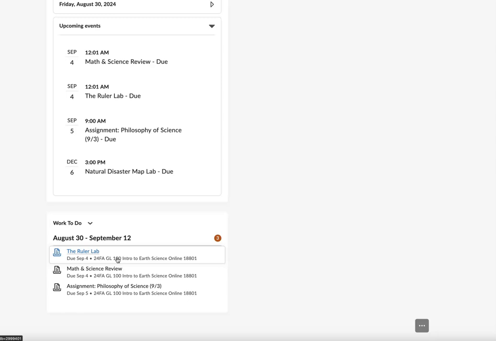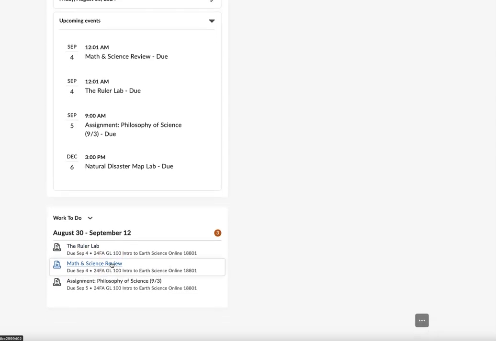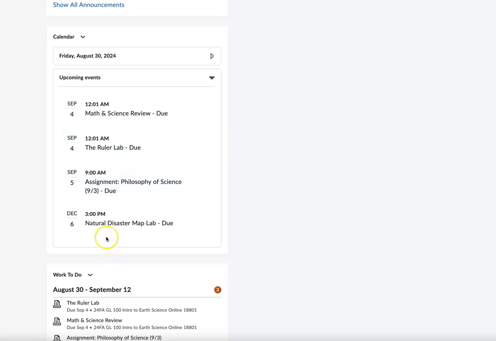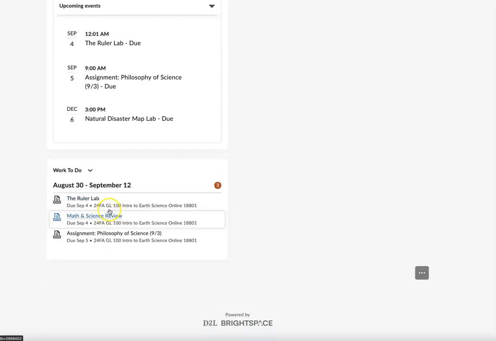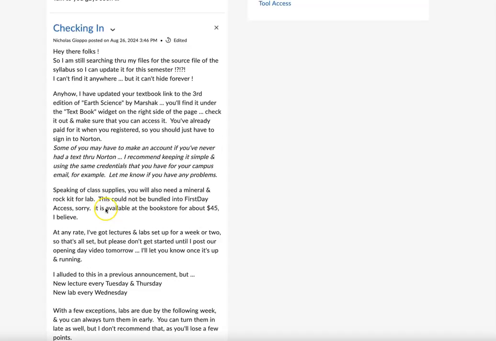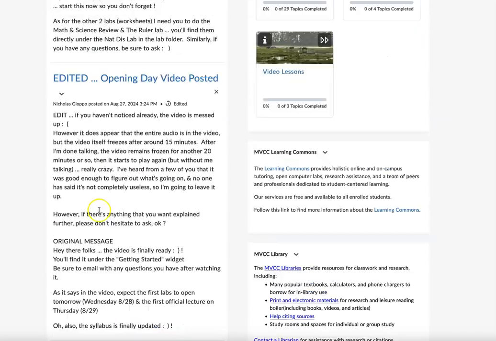So there's two places to see when stuff is due. And this one is nice, the calendar, because it even shows you all the way ahead that the natural disaster map is due the end of the semester. So work to do seemingly is only a week or two. I don't know. I'm kind of new to this, as I mentioned before. All your teachers are. All right. Anywho,